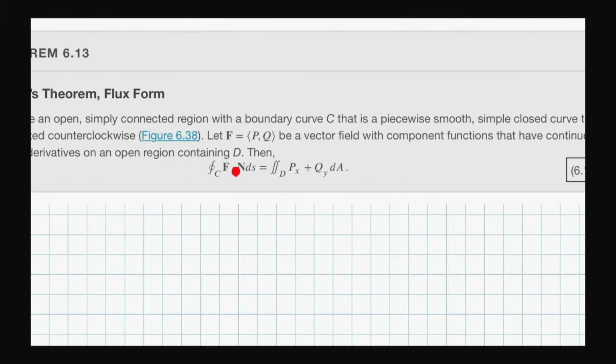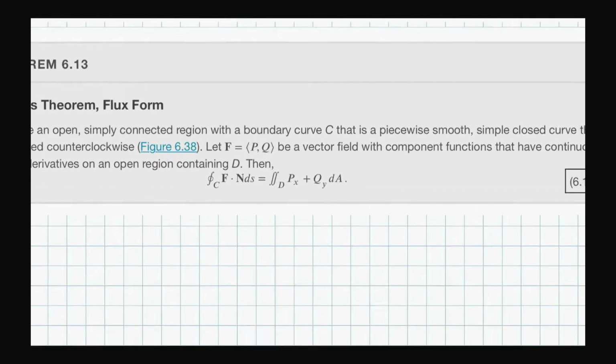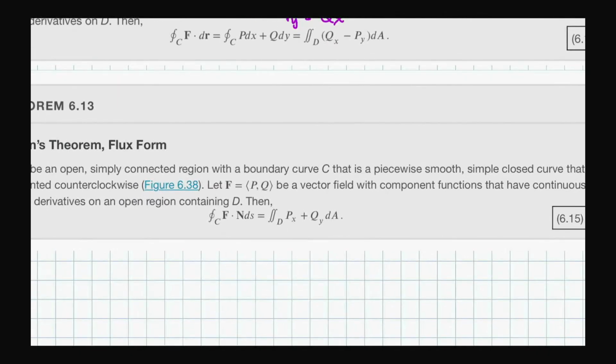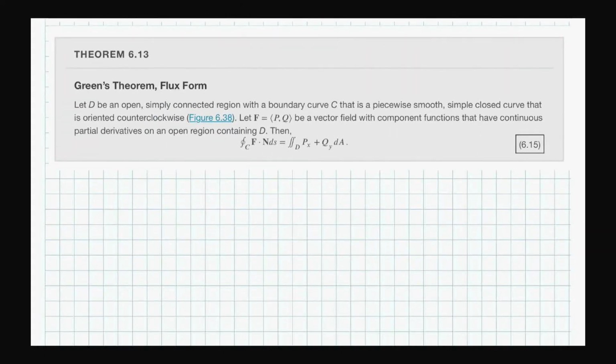And here it's the normal type. And there's a couple differences here. First of all, notice that the Q_x is now P_x, the P_y is now Q_y, and also there's a minus sign difference. Now that probably doesn't surprise you too much because remember the difference